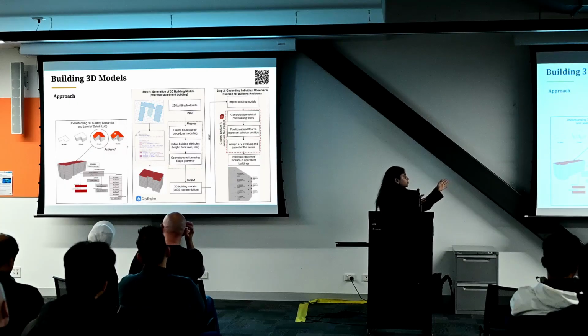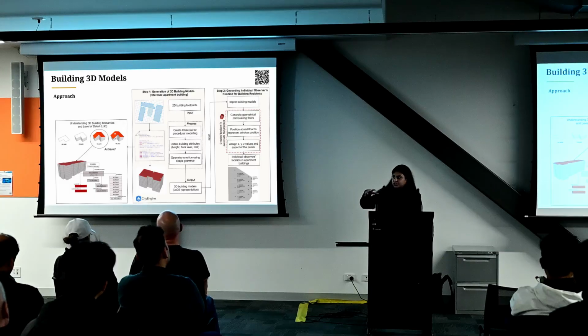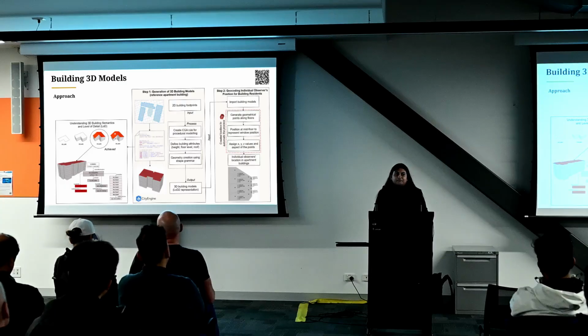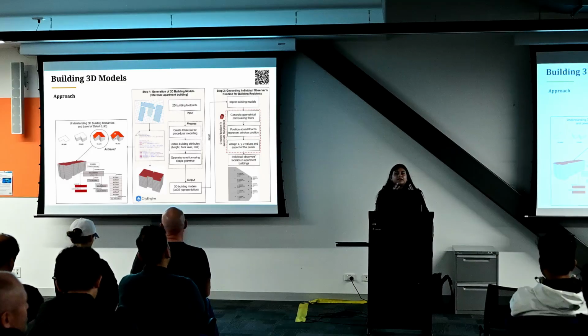Then I built the 3D building models. Here I used a different software called City Engine, which is an Esri-based software again. City Engine allows you to procedurally build a building from a 2D footprint to a 3D model. And again, you don't need a complex building information model. If you've heard about BIM or LiDAR, they're very complex, very point generated, so that takes a lot of time to process. Instead, you have the building footprint, the building height, and the number of floors, and you can easily build the 3D model in City Engine.